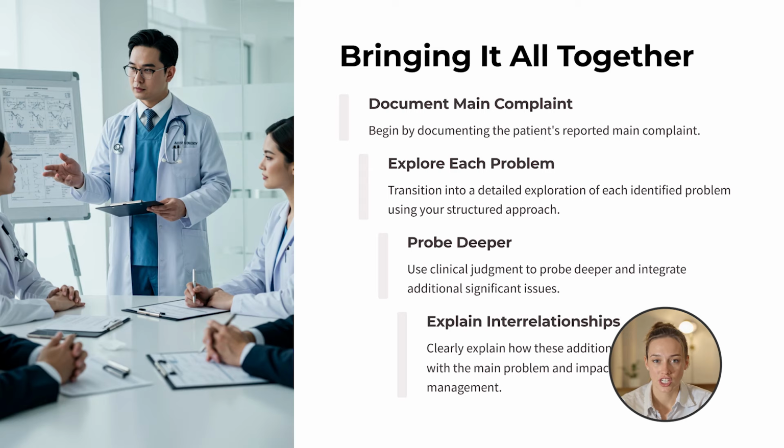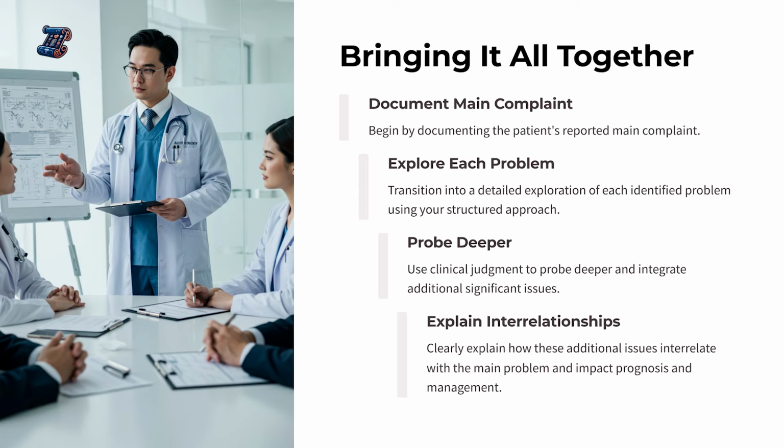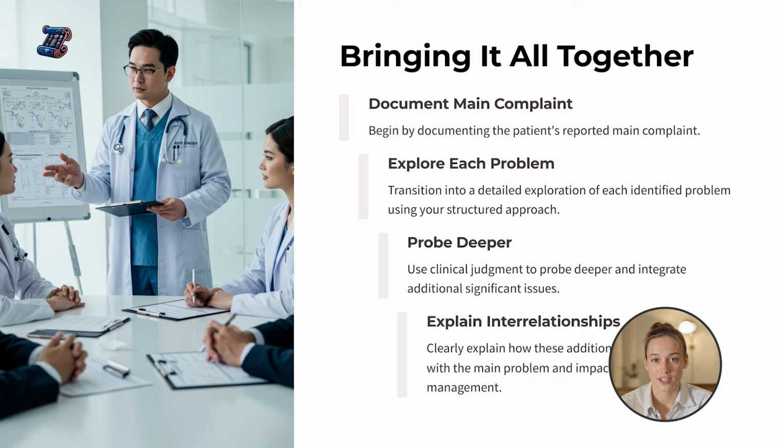Use your clinical judgment to probe further into issues that the patient might not have recognized as significant. For instance, while the patient might report chronic fatigue as their primary concern, your evaluation might reveal that the fatigue is secondary to an underlying endocrine or cardiac issue. Clearly explain how these additional problems interrelate with the patient's initial report and why they are critical for both prognosis